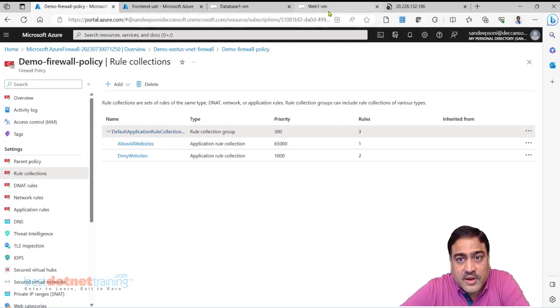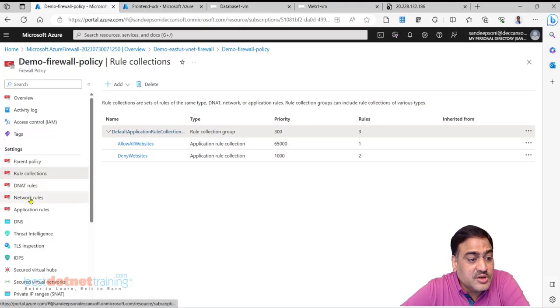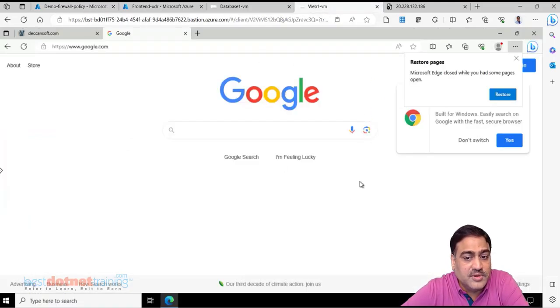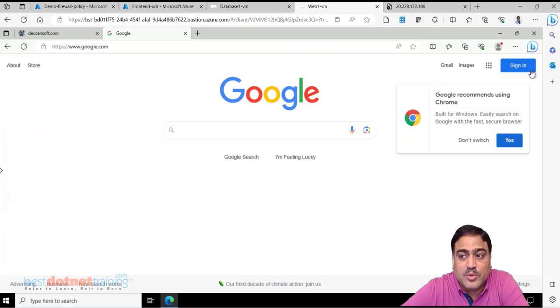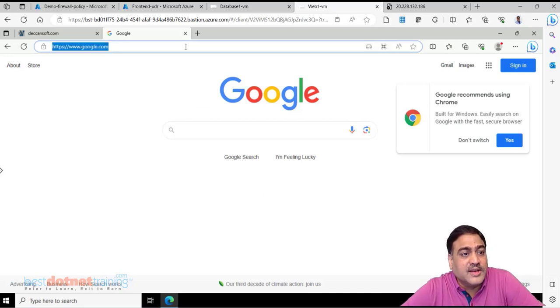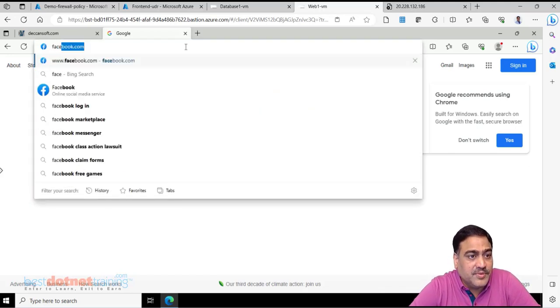But yes, we are able to make the application security group work here. So one problem solved. That we are not able to browse, that problem is solved. We are now able to browse entire internet except few selected websites, which are, let's say, banned websites.